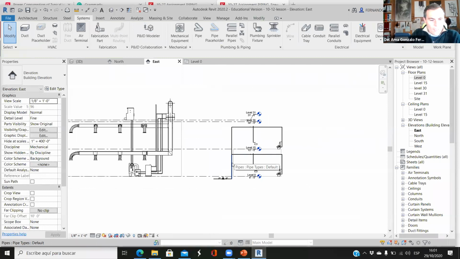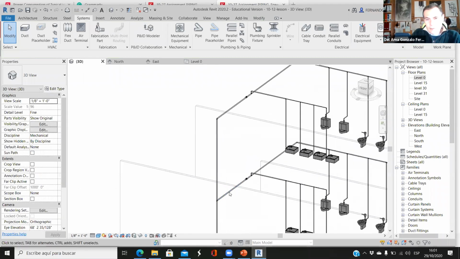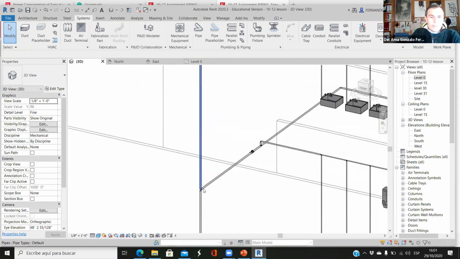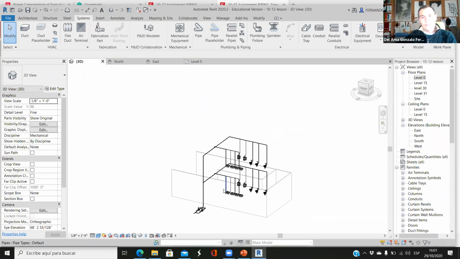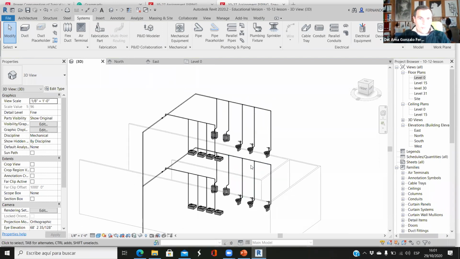Perfect. Okay, this is much easier than working with ducts, because the diameters are so small that immediately you can connect elbows and T's. If you're working with ducts, you know that if you have an elbow, you need a distance, and if the distance is too short, you can have this elbow. With pipes, everything is easier. Okay, so imagine that you have a third floor, so you only have to copy this,